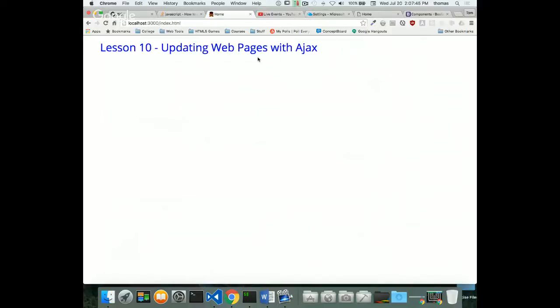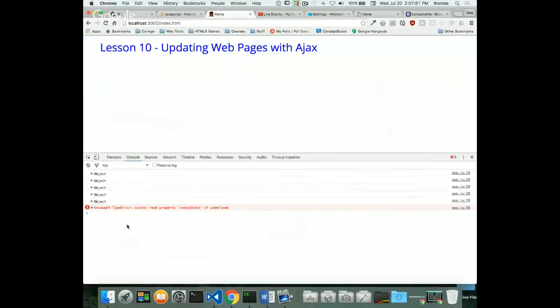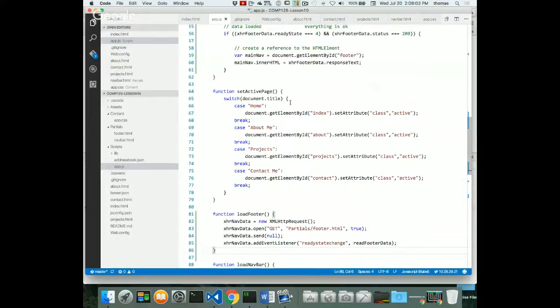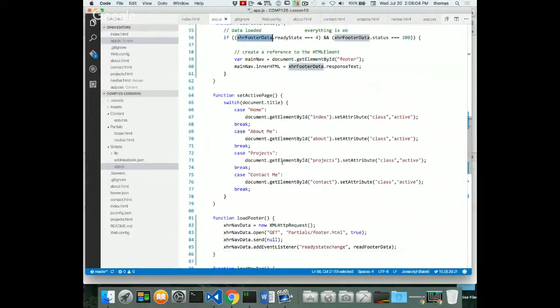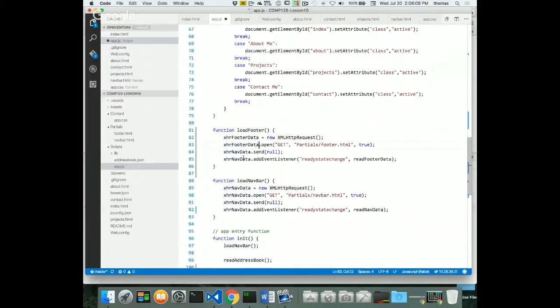And now we have a block. We have a problem. Let's see what our problem is, because once we have one problem, we'll see what the other issues are. It says, type error, cannot read property ready state of undefined. Okay, I know why. Because our load footer has to use the right XHR footer data instead of our load footer. If we use the wrong one, being very quick and copy paste errors. Okay,